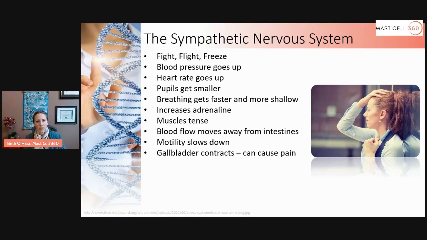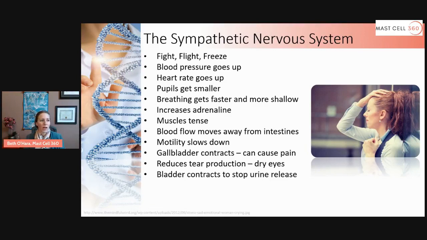Gallbladder contracts. That can cause gallbladder pain underneath the breastbone. We get dry eyes. Tear production actually goes down. Bladder contracts, makes it harder to urinate. And we can get increased sweating. Now, many of us then get so sick to where we stop sweating, and I didn't sweat for a long time. Now I'm super happy to sweat again. This is the mode we